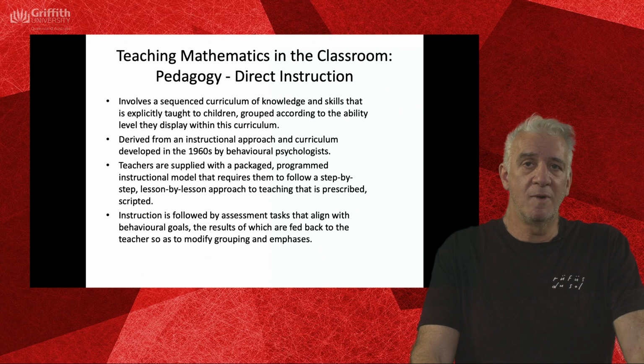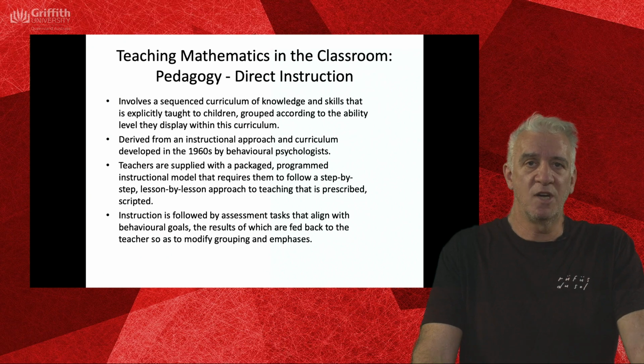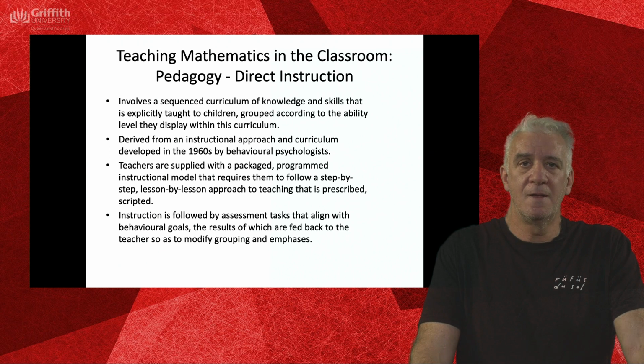Direct instruction means we basically tell them what we want them to learn, explicitly teach them, then we get them to practice it, and then we check to see if they've learned what we've taught them. And this is really developed from theories developed 60 years ago, behaviourist theories